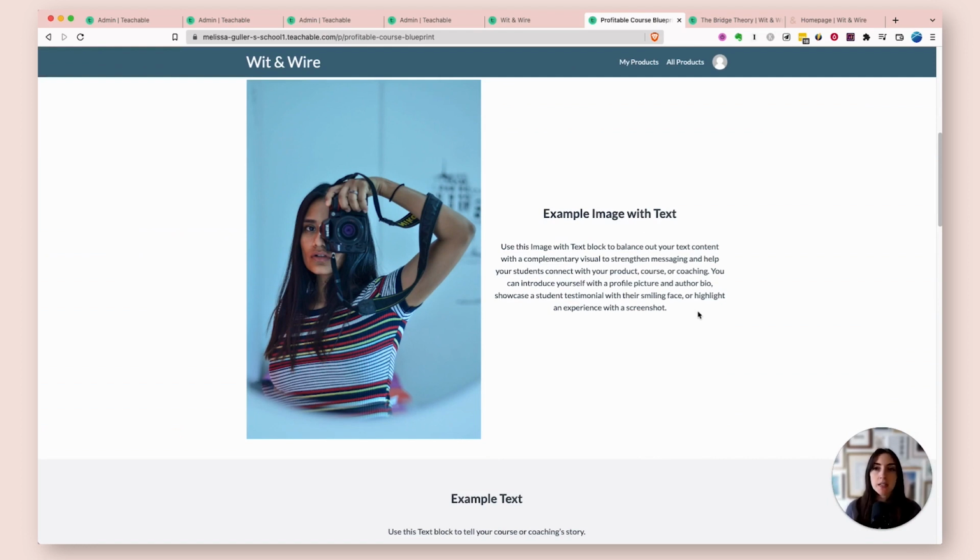So hopefully this is starting to get you a little bit oriented, but I really think the best way is to get right in there and create yourself. And remember, you can create your own free account by going to